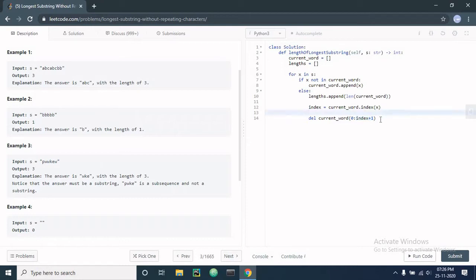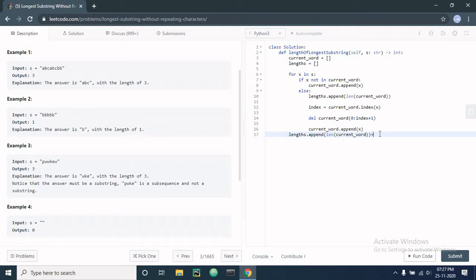Now we will take the new current word, which is from index plus 1 to the last letter, and we will append x to it. At last, when x is the last letter of the string, the for loop will close, but we have to append the length of the current word, which is remaining.